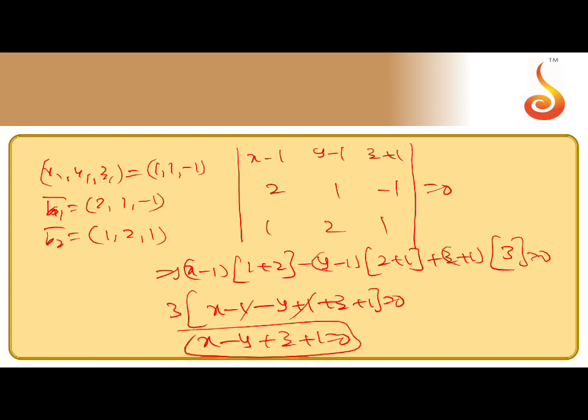Look at the options. You can write this in vector form, vector notation: r bar dot (i minus j plus k) plus 1 equal to 0. Sometimes we give options in the form of vector form. So this you can write as r dot, where the i component is the x coefficient, the j component is the y coefficient, and the k component is the z coefficient. It means i minus j plus k, that is 1, minus 1, 1. So r dot (i minus j plus k) plus 1 equal to 0.